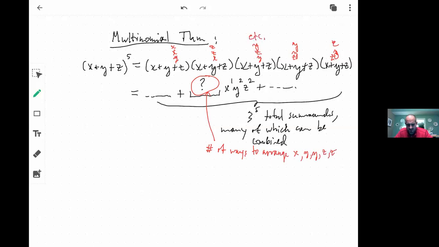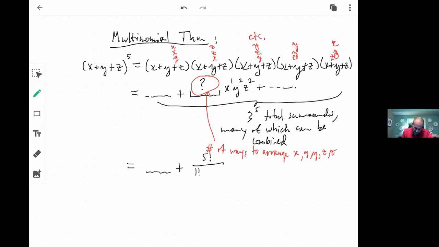There were lots of other things that we had to account for. So in other words, that coefficient comes from basically an arrangement with repetition. Okay, so what do we end up with? So this term right here is going to be, well, how many ways are there to arrange those 5 things? Well, it's going to be 5 factorial over 1 factorial,